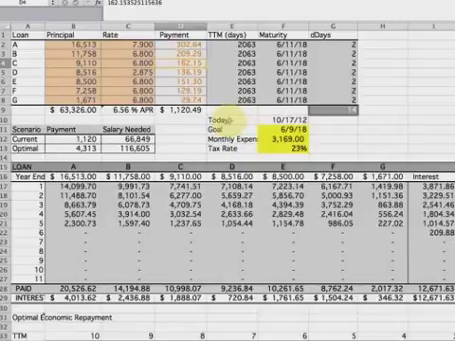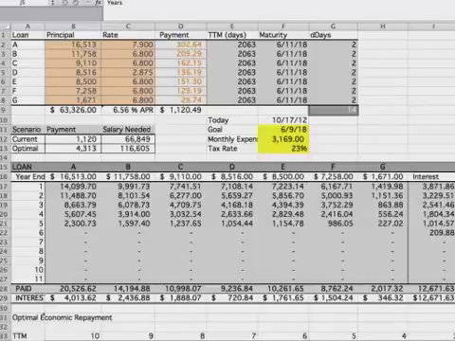Okay, so a little bit more. Let's look at some of the inputs. First of all, we have today, and we just use the Excel function. We have the annual interest rate. I'm going to assume 360, 365 basis. We have the payment column, which is a calculated field, okay? And next to it are our inputs. So this could be any loans. The table is extensible. You could just add rows to add more loans, or zero them out or delete them, whatever your situation may be. So the payment will be determined by the solver. So it is a constant that